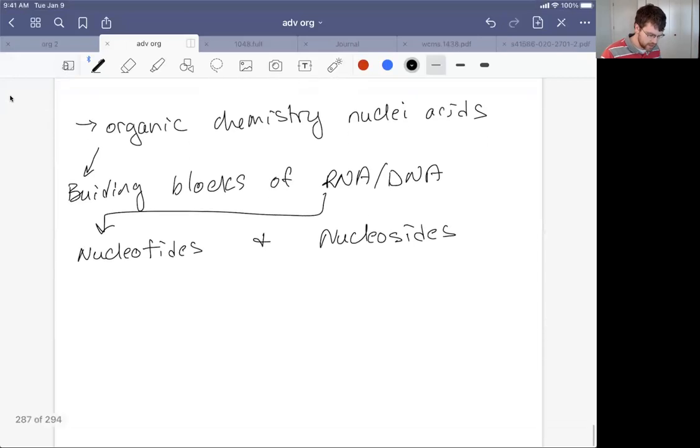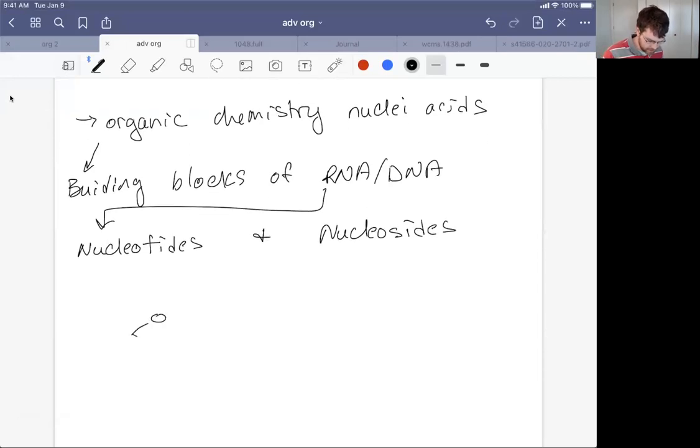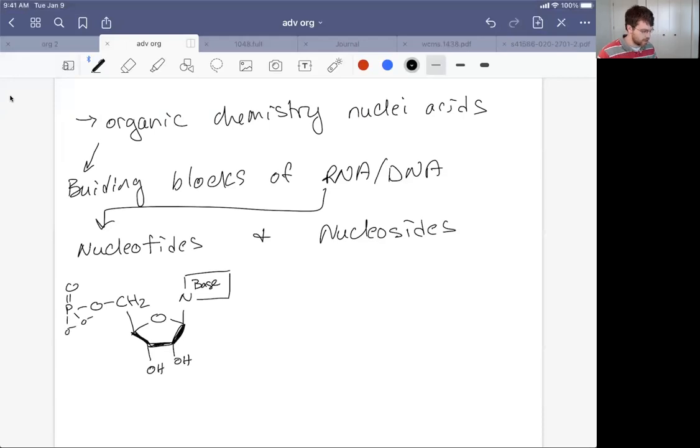Now what these look like is, and you've probably seen this before, so forgive me for repeating myself, but we're going to take a carbohydrate, in this case a furanose, a 5-membered ring carbohydrate. We show it as the Haworth projection. And now on the right side, we're going to have a nitrogen atom connected to something that we're going to call a base, and we'll draw that in just a second. And over on the left side, we're going up into a CH2O and then a phosphate, which, sorry for running out of room here, we'll show as this species. So this is really a phospho or a phosphoryl